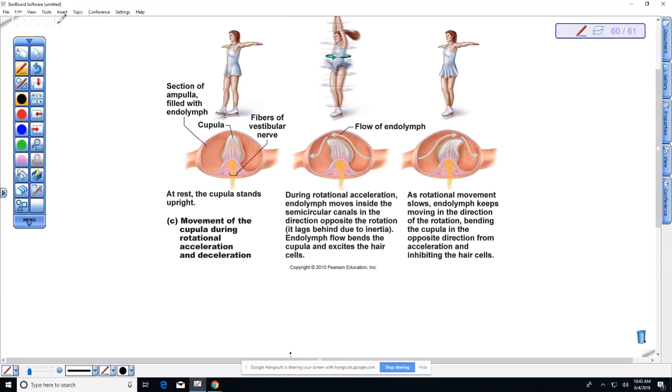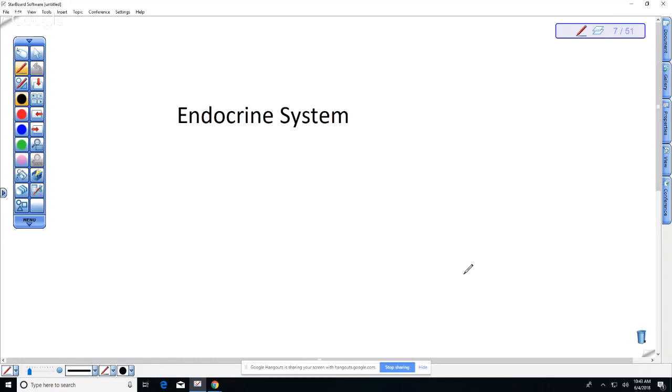Okay, so we are starting a new chapter today, and this is the endocrine system. So this is what produces hormones. And I wanted to emphasize the fact that the endocrine system acts in coordination with the nervous system. However, hormones, as opposed to neurotransmitters, so we'll put versus